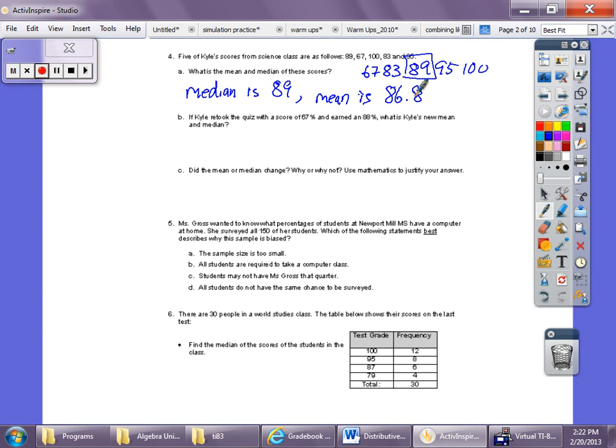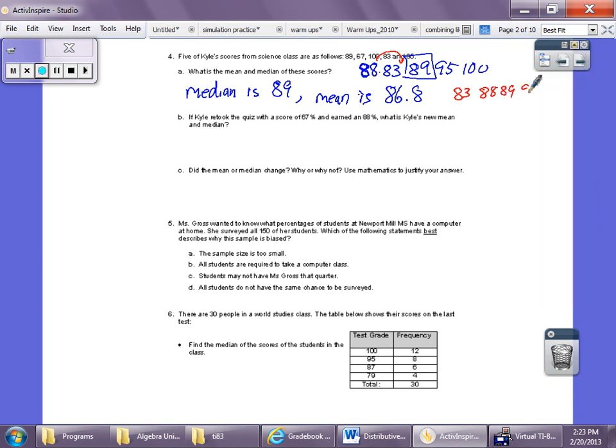Next question says, if Kyle retook the quiz with a score of 67 and got an 88, what is Kyle's new mean and median? Well, we're taking this one out and replacing it with an 88, so he retook it. So these two are going to flip. So we'll have 83, 88, 89, 95, and 100. The median stays the same,